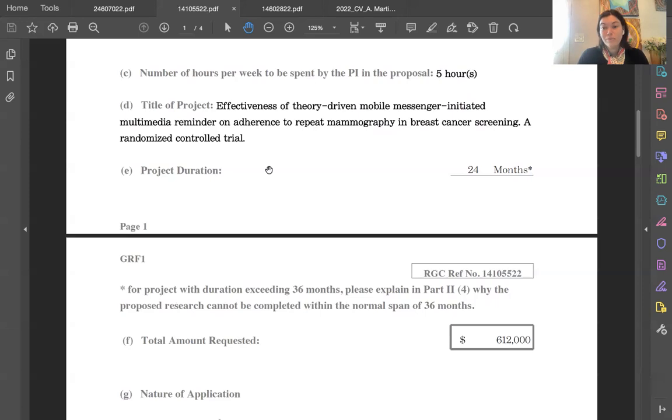I think it should be consumable by most people. And we try to make it a little too complicated sometimes, which is gatekeeping, which I am super against. So if I were to rework this title, you were to have kind of an Adrian version, I might say mobile messenger reminder for repeat mammography. Can we leverage technology to improve breast cancer screenings? Something like that, right? You're going to have both kinds. So just be aware and not intimidated that the complexity of the title doesn't necessarily relate to the complexity of the abstract. It's just a stylistic preference.